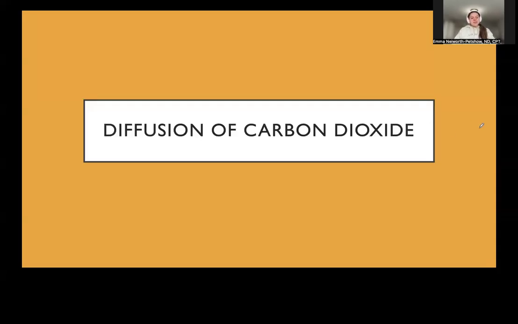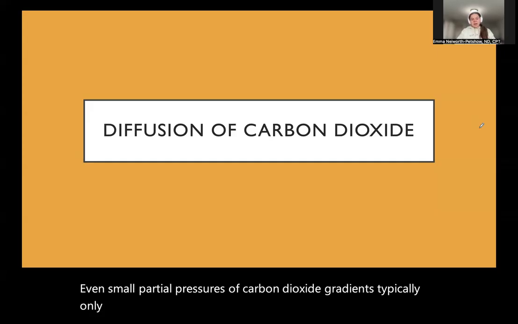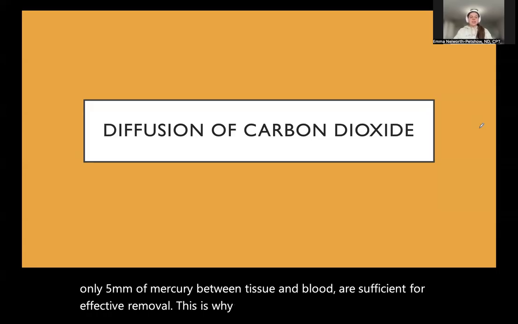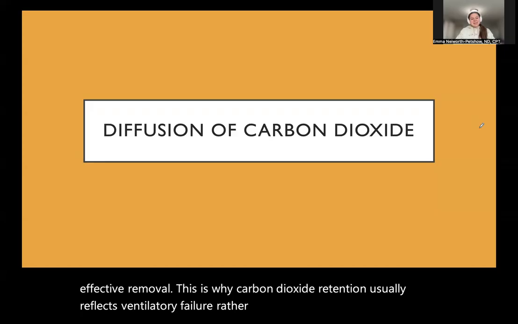Carbon dioxide diffuses far more readily than oxygen due to its higher solubility. Even small partial pressure gradients of carbon dioxide, typically only 5 millimeters of mercury between tissue and blood, are sufficient for effective removal. This is why carbon dioxide retention usually reflects ventilatory failure rather than diffusion impairment, a key distinction